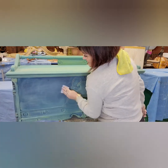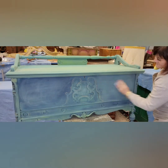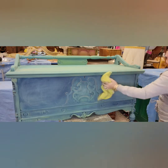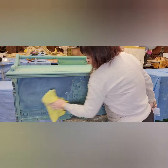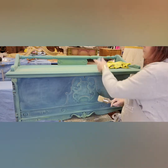The next step, I like to always smooth out my paint. Now, chalk paint will have a little bit of a gritty feel because of the chalk minerals in it. So I just took a piece of 220, went over where I just blended, and it looks like I kind of messed it up, but I didn't because I'm still gonna add wax. Now I'm gonna grab my Paint Pixie